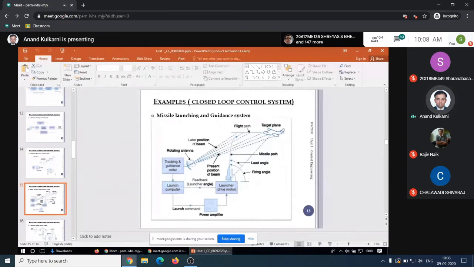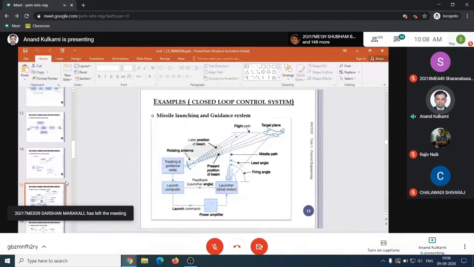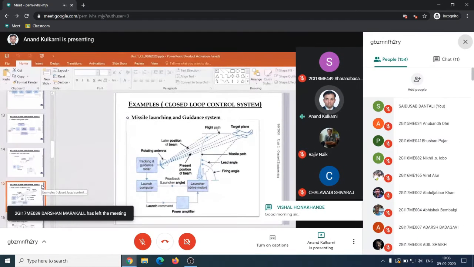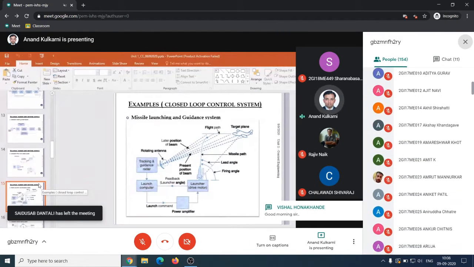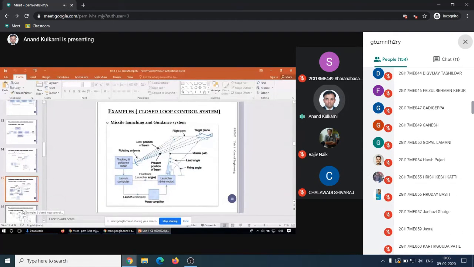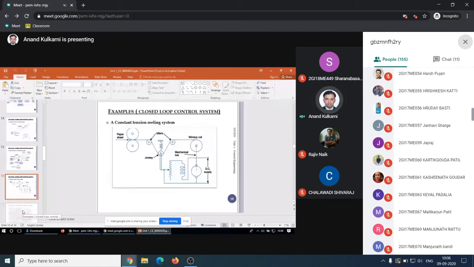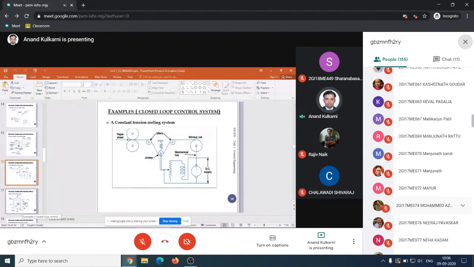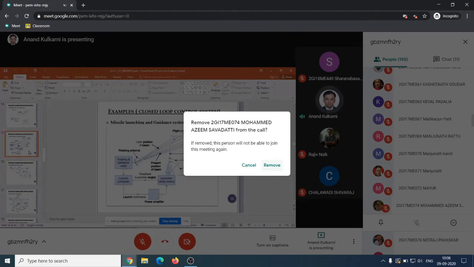Another example is the missile guidance system. You can see there is an input coming to the missile from radar, and the radar will decide what angle and all. The system controller will decide what angle the missile has to be fired, and it can fire it and check. And there are some onboard facilities by which the missile will take corrective action and fire at the